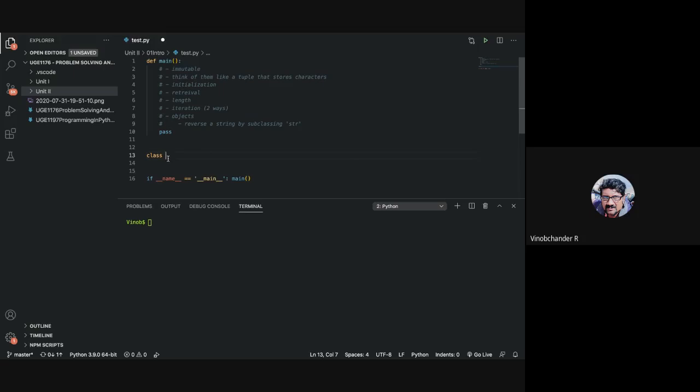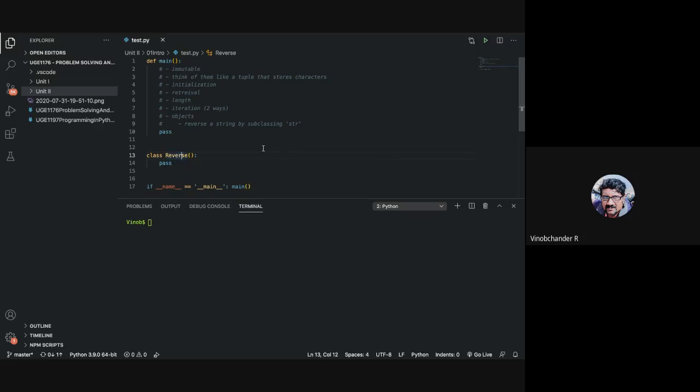So let us name the class as, say, reverse, and do something here so that we reverse the contents of a string. And let us make use of the parent class as str. So how can you make use of the parent class within a class? So this is class reverse.